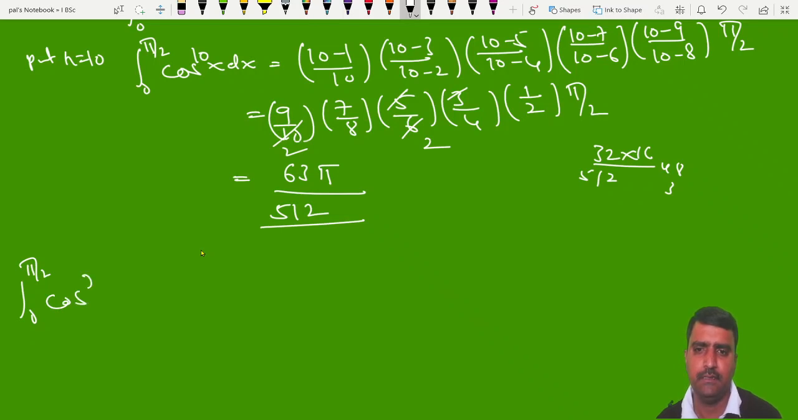So similarly you try another value, integration from 0 to pi by 2 cos to the power 7x dx. So use the same formula, it is 7 minus 1 by 7 into 7 minus 3 by 7 minus 2 into 7 minus 5 by 7 minus 4 into 7 minus 7,